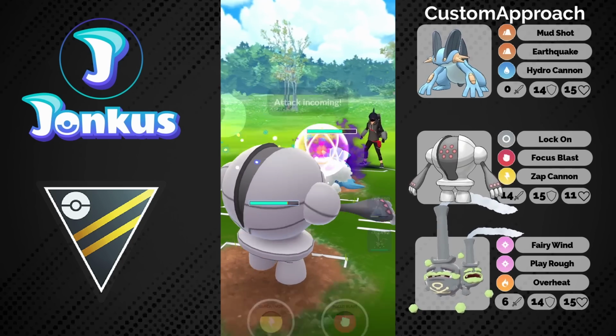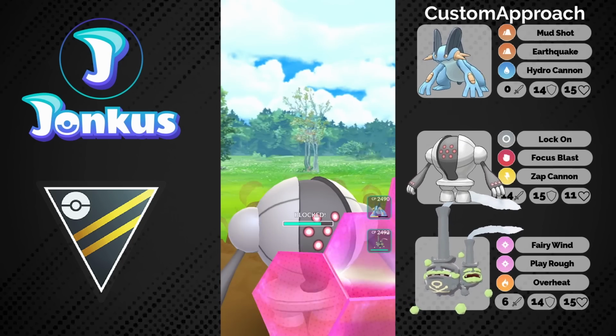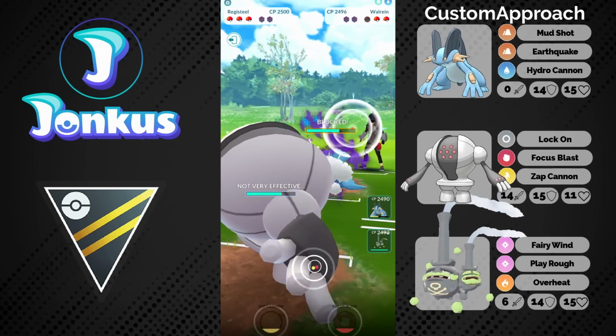We have here the moveset of Play Rough and also the Overheat. Before, you could have run Sludge if you wanted to as a bait move, but here Play Rough is definitely needed. You have a ton of Dark types in this meta, you have a ton of Fairy types